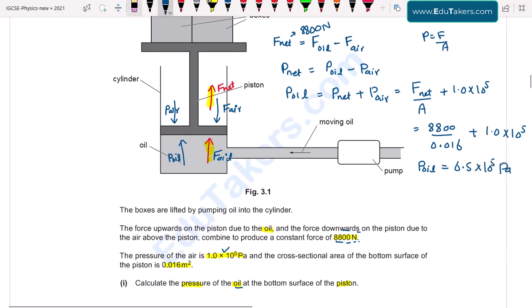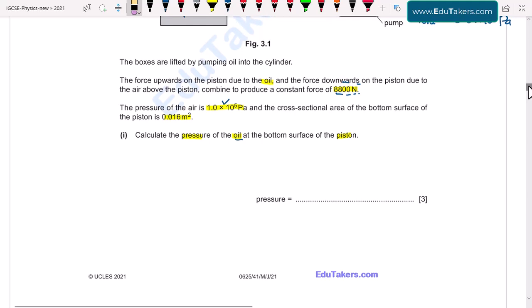So I write here the answer: the pressure due to oil is equal to 6.5 into 10 to the power 5 Pascal. Next part,